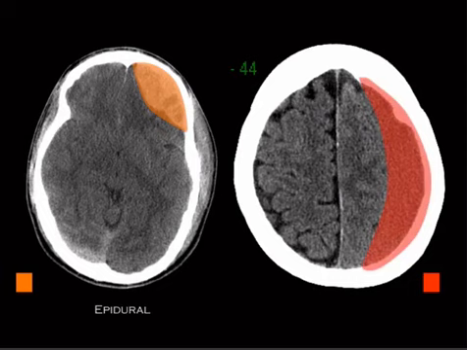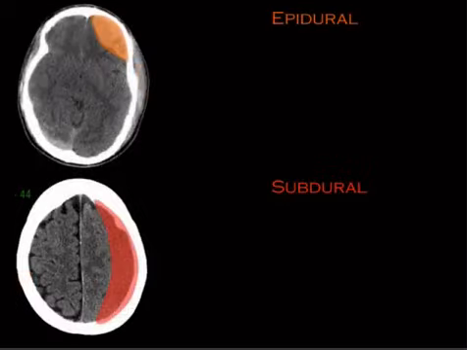I picked one that was isodense because I think those are the tricky ones, right? But we can see that that's a different density than the brain. And there's also, we point out here, sulci over here, and that's all effaced on this side. So this is subdural. So here's the testable stuff